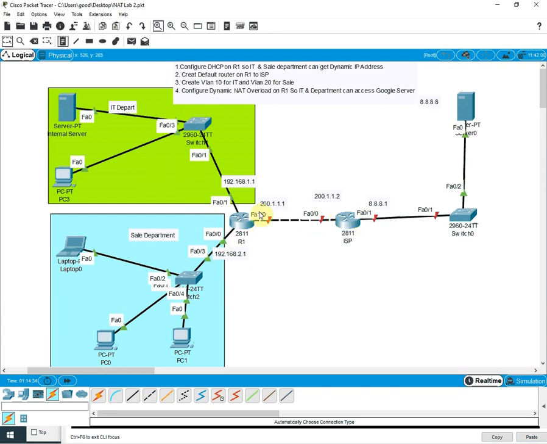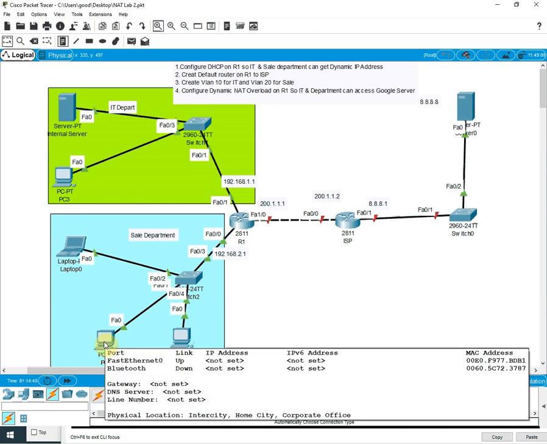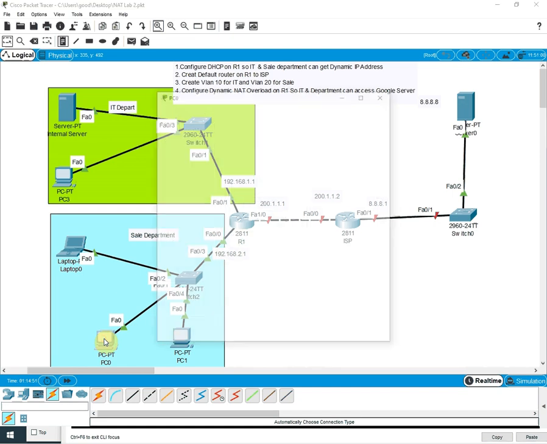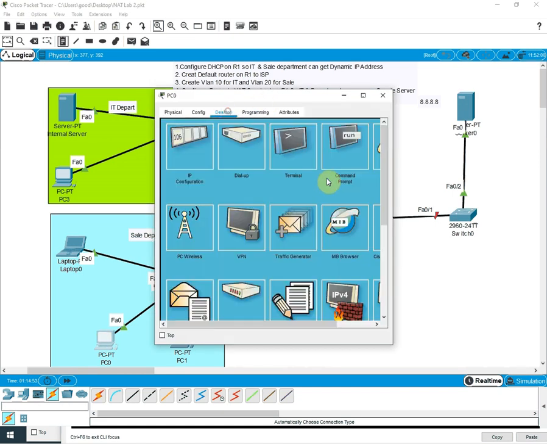Now we need to look for this one, so we can communicate. Before going to this one, let's see whether our 2 different VLANs can communicate or not, because we did not do the inter VLAN or anything. So our 2 different VLANs should not communicate. Did we do any inter VLAN?